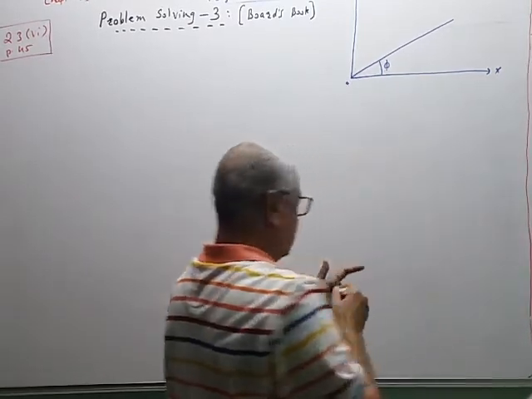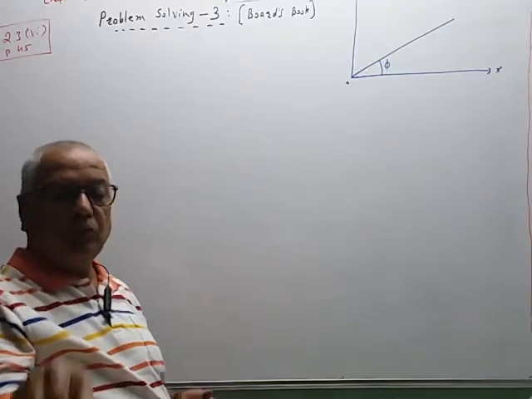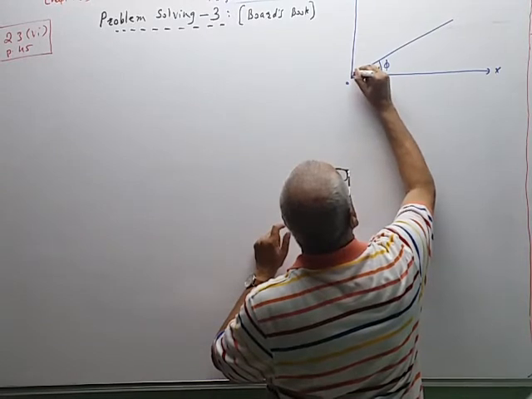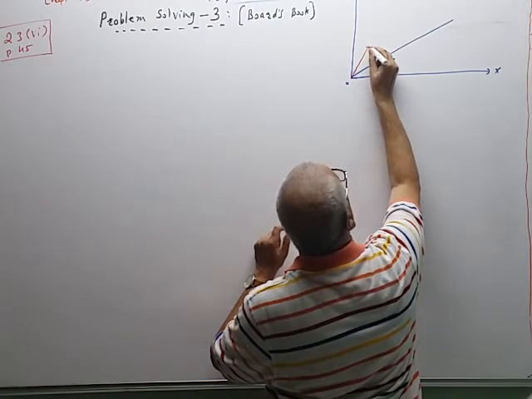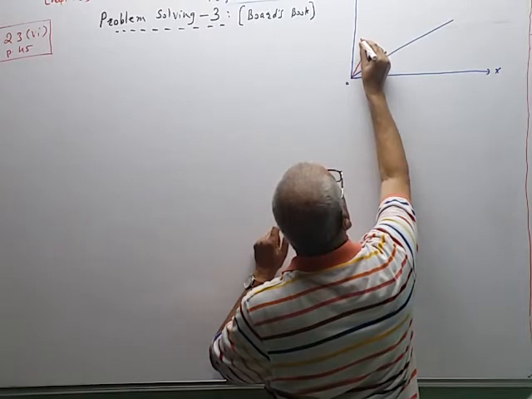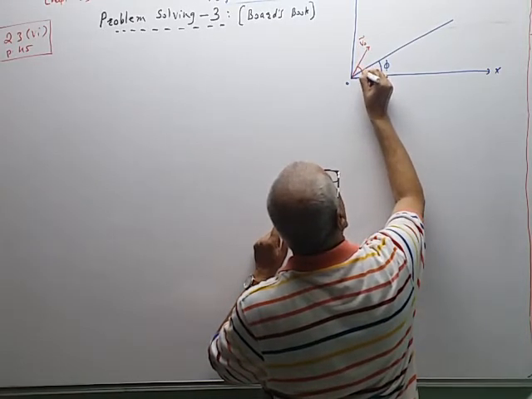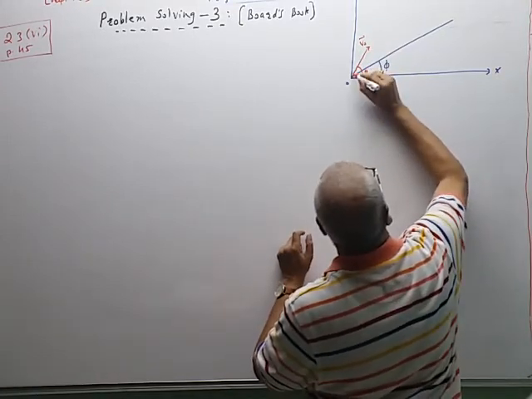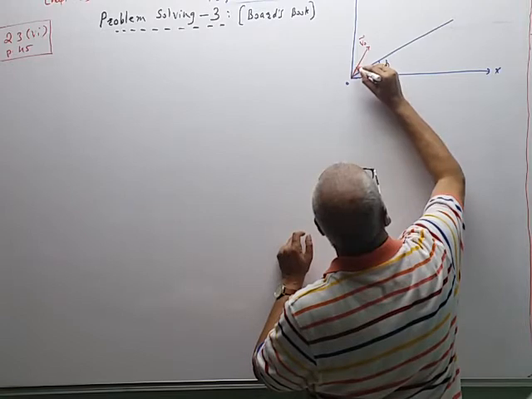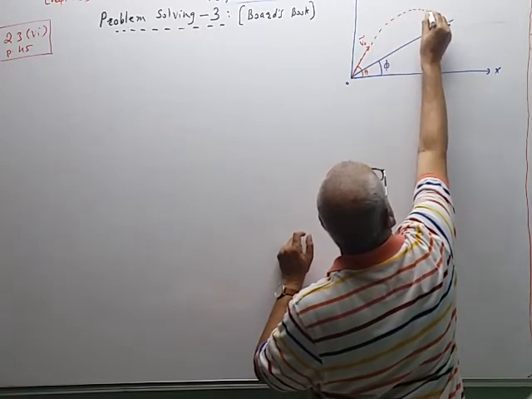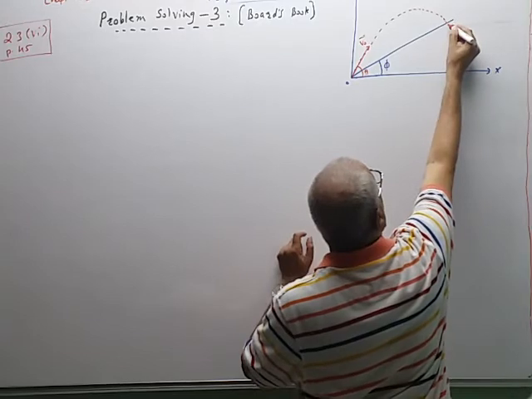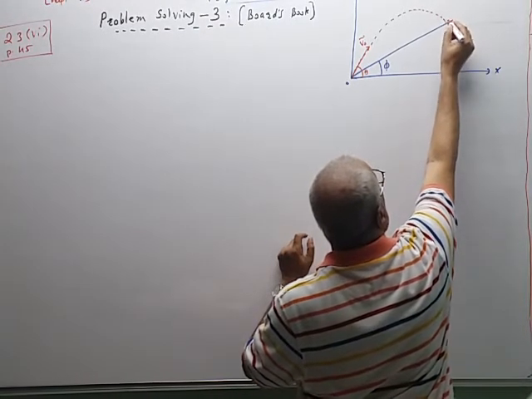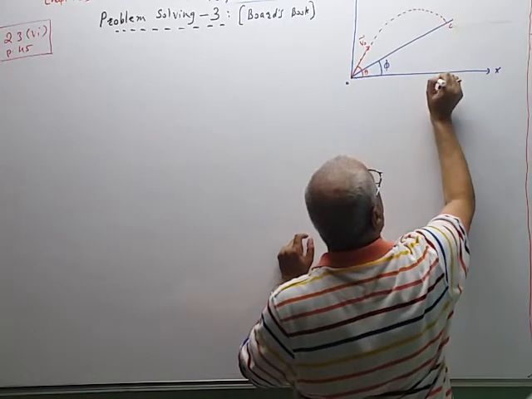And the body is projected like this, in this direction. This is the velocity of projection v0. This total angle is theta with the horizontal. This is the tangential velocity. So the projectile moves along the parabolic path like this and reaches the point C. Now at this point, if the inclined plane is removed, it will come to this point.